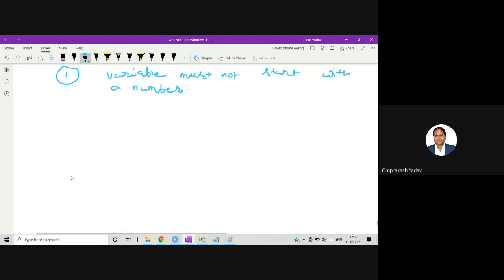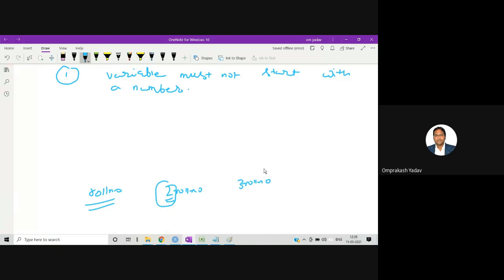For example, suppose I am declaring a variable roll number, right? So I should not write like this: 2 roll number, then 3 roll number. So it should not start with a number. A variable name should not start with a number.